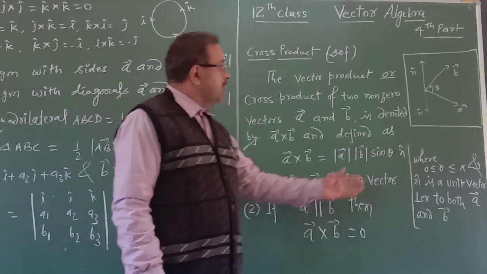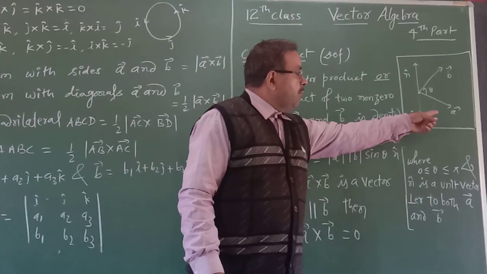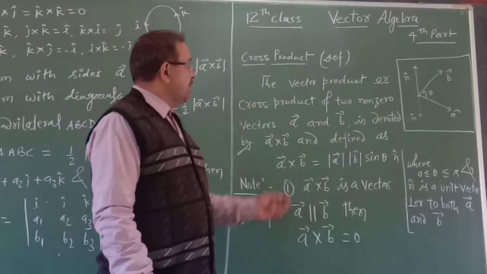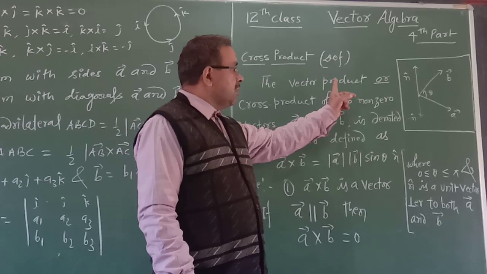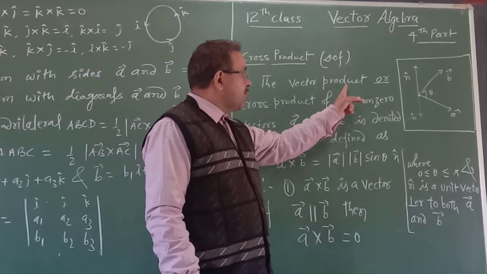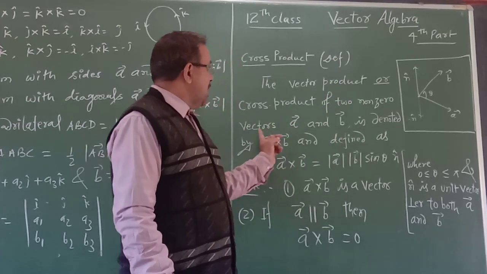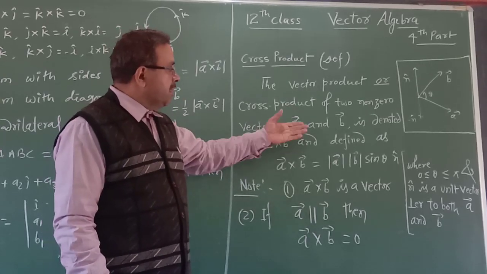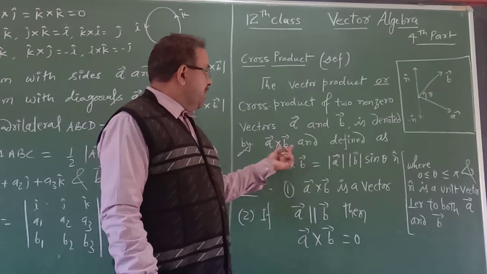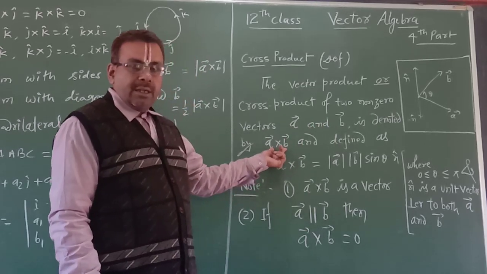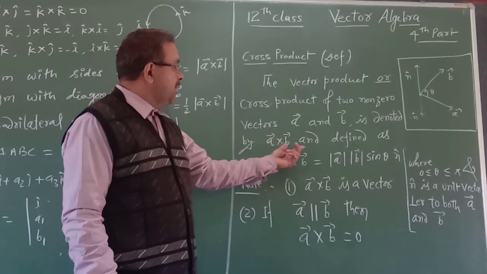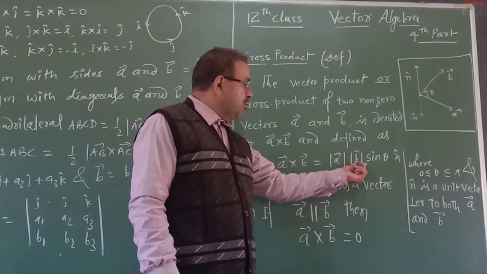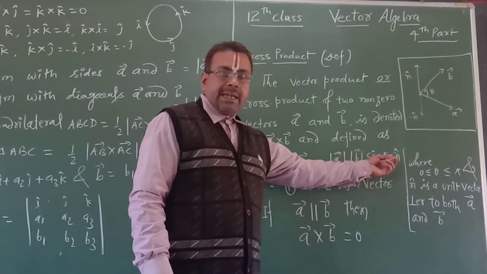So see, in cross product, if vector A is not equal to 0 and vector B is not equal to 0, that is the cross product or vector product. यहाँ पर हमने vector product पहले लिख दिया। Now two non-zero vectors, the meaning of non-zero means vector A is not equal to 0 and vector B is not equal to 0, then it is denoted by A cross B. We will also read it as A cross B and defined as A cross B equal to magnitude of A into magnitude of B sin theta n cap.